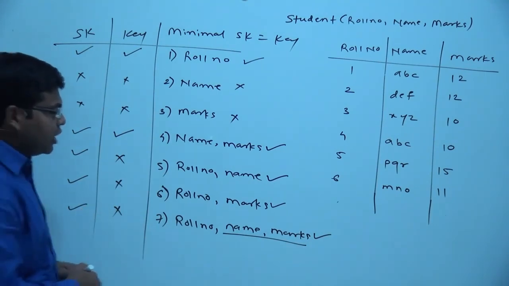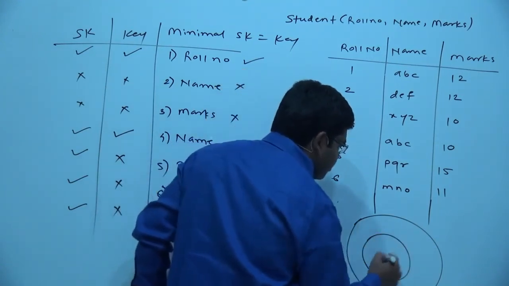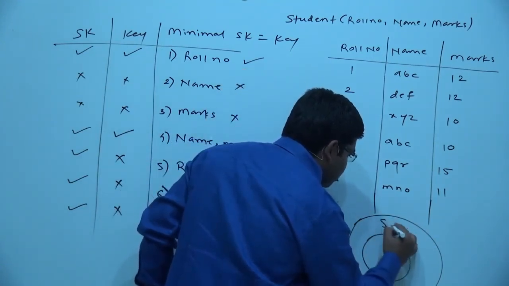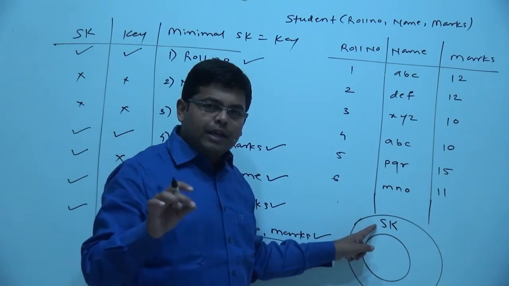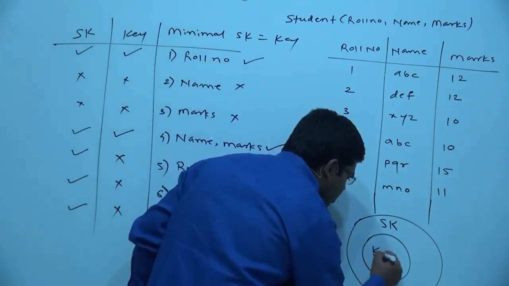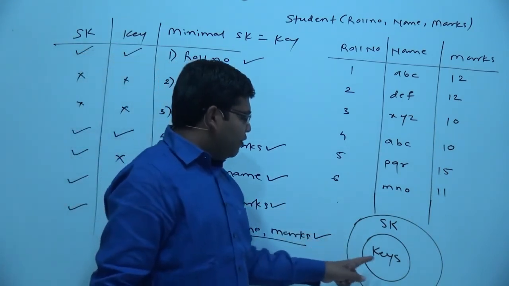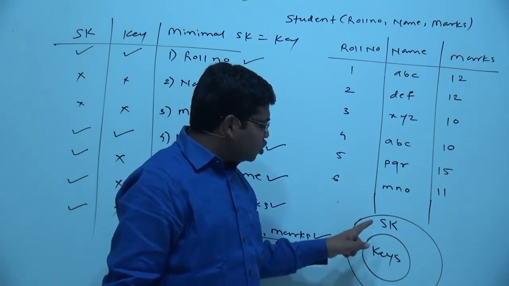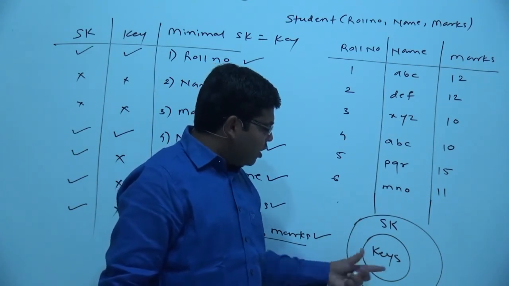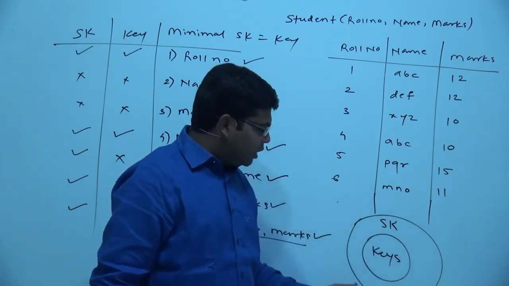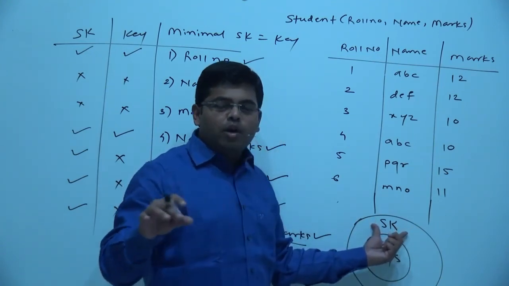And again we get a basic relationship here. First of all you will determine the super keys, and all those super keys which do not contain any redundant attribute will be called as keys. And thus we get a fundamental relationship here that every key is also a super key, but a super key may be or may not be a key. Because all the keys are present within the region of super key, or every key will also satisfy the condition of super key. A super key may be or may not be a key.